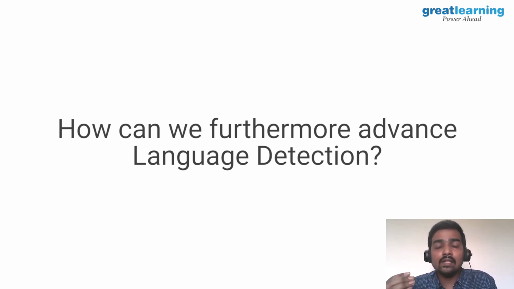So how do you handle this? You need to try other models. Maybe logistic regression might not help in that case to rightly classify when you increase your capability, or the number of languages covered in your model. So you have to try other models, go with ensembles, or change the ngram and analyzer parameters which we have used in the vectorizer. You have to tune these parameters and take it forward from there.